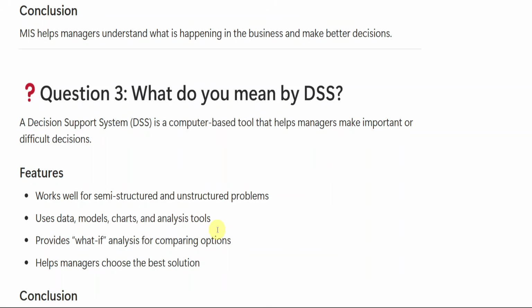what if we reduce the price? What if we increase advertising? It will help the managers choose the best possible option. कंपेयर करने के लिए एक दो चॉइसेस हैं, उन दो चॉइसेस को कंपेयर करने के लिए डीएसएस का यूज करते हैं, डिसीजन सपोर्ट सिस्टम। जब डिसीजन लेना मुश्किल हो रहा हो तो इसकी हेल्प से हम डिसीजन्स लेते हैं।